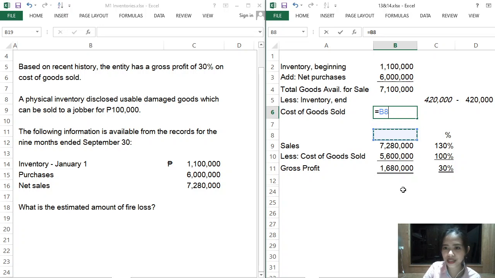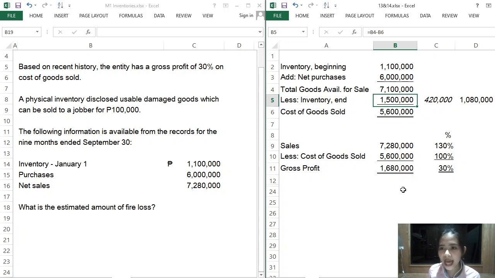So, ilalagay na natin siya dito sa formula. And let's quiz our inventory end. We have total goods available for sale 7.1 minus cost of goods sold. Therefore, we have 1.5 inventory end. That is our should be. Okay? So, that is our should be. Now, mali to. Kanina pa yun, yung 420. Kaya lang, yung actual natin is 100,000